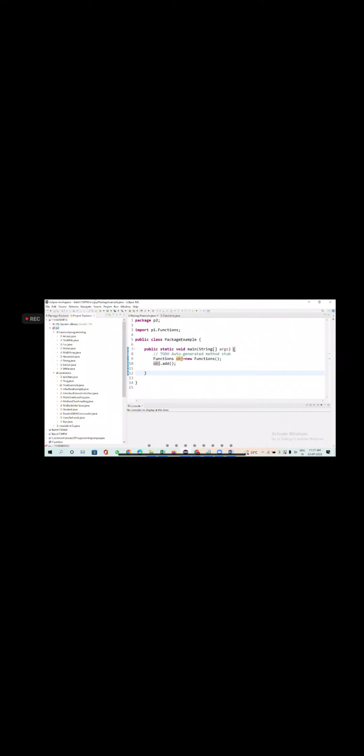How do you create a package in Eclipse? Right click on SRC. Same thing, how you created a class: New, package. Then it will ask you to provide the package name. Now I'll create two packages. If you don't understand, then I will go to that level. We'll see. Now, can I use one class from one package in another package?